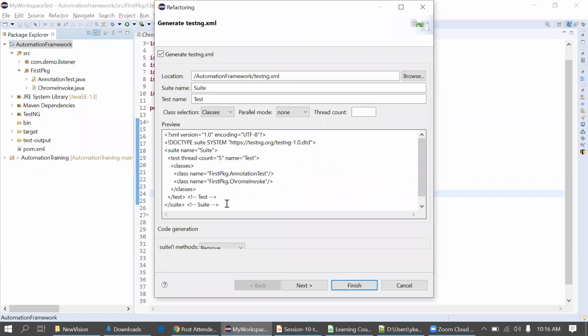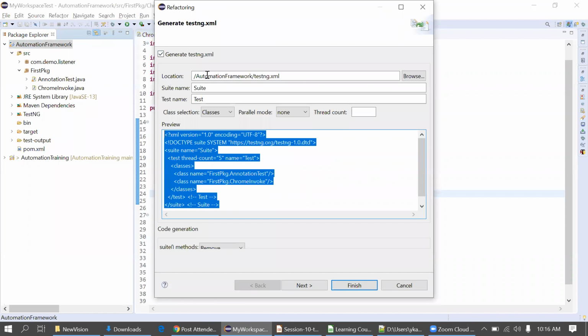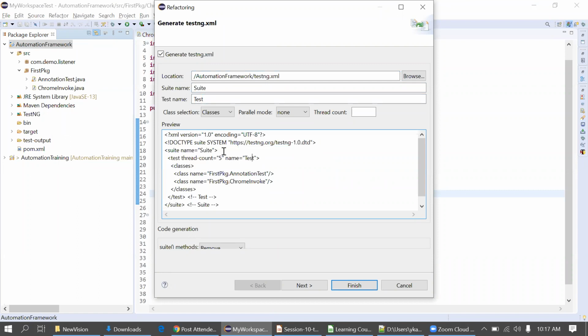So I'm getting this XML file here. Where is the location? The TestNG file will get created at the root, after the annotation framework, after pom.xml. The suite name is Suite, you don't have to change it. Then the test name is Test, this one actually, and the suite name is this one. If I change the name here to 1 2, it will be reflected here as well. You can give any name, and for the test it's the same. I'm again not changing the test name.